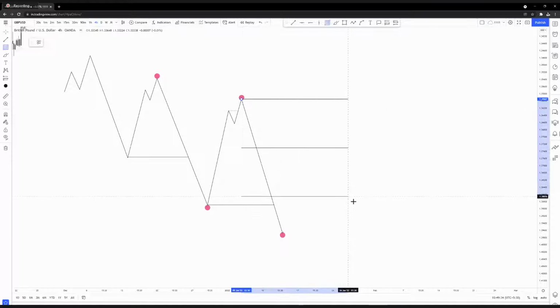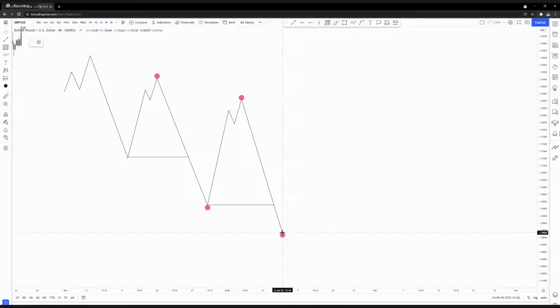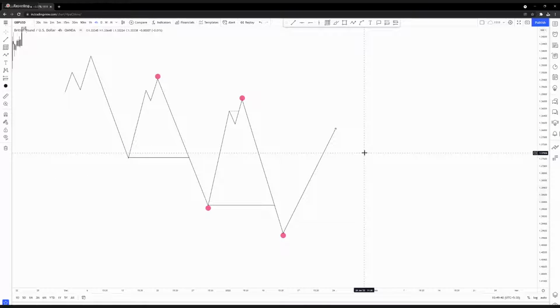And yeah, discount and premium and all of that stuff. So price can go up like this. But most of the times when I see in lower time frames and also in